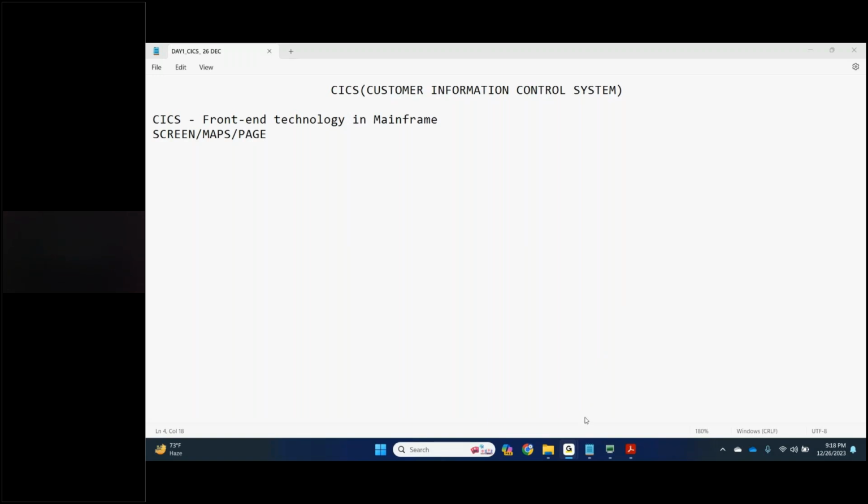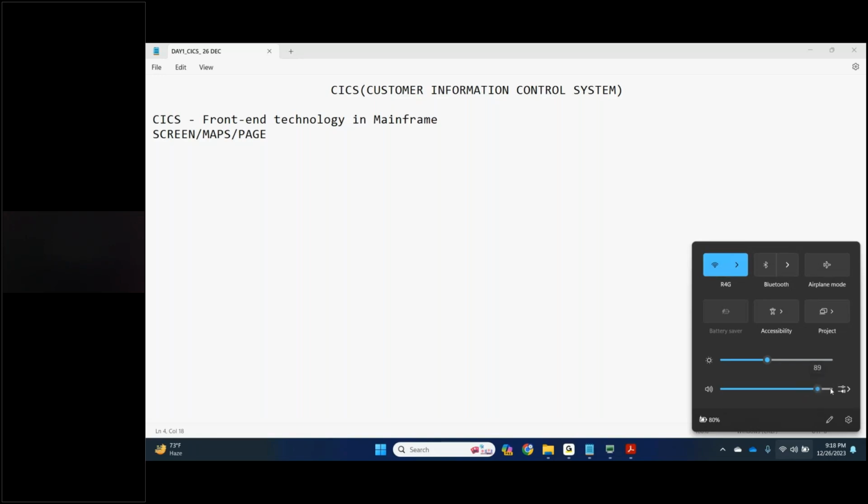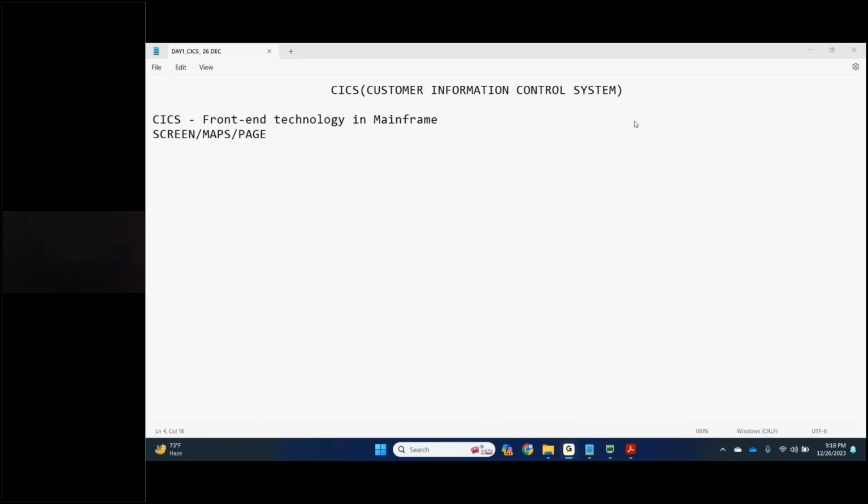Yeah, actually, for me, I was working on CICS, but mostly I was working on IMS DC, because my client was FedEx. They are using only IMS, hierarchical database. I came to know that slash for that IMS DC. So that's why CICS is not new for me. I know about IMS DC.